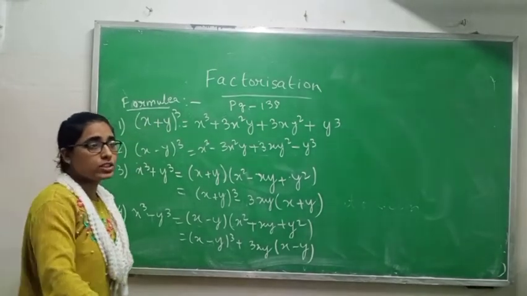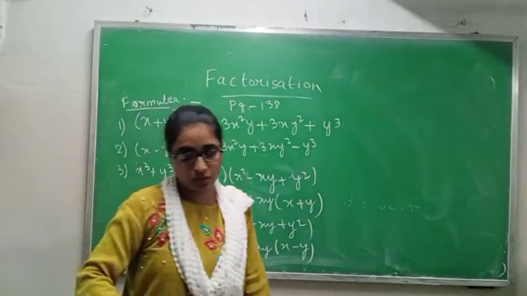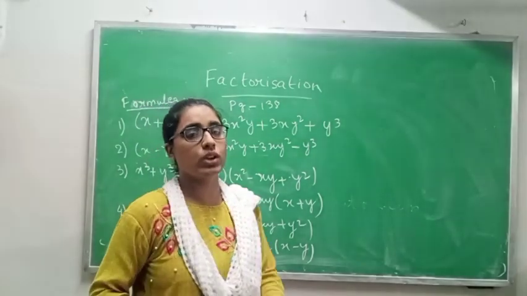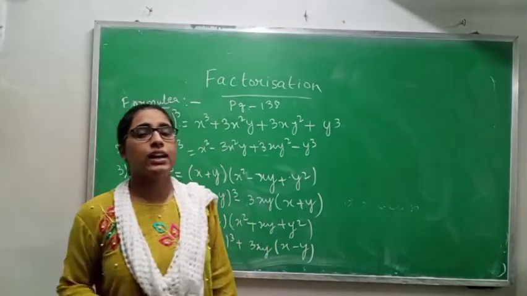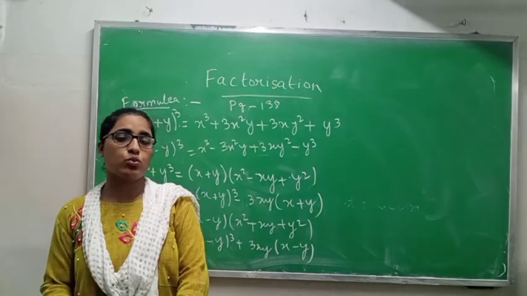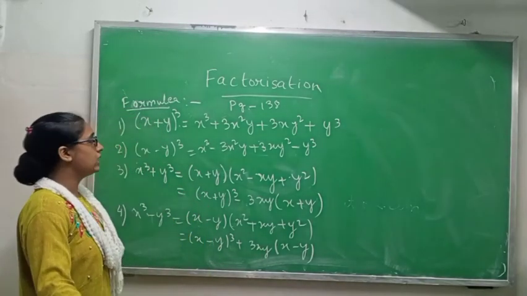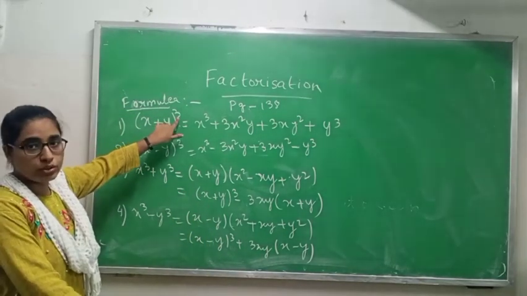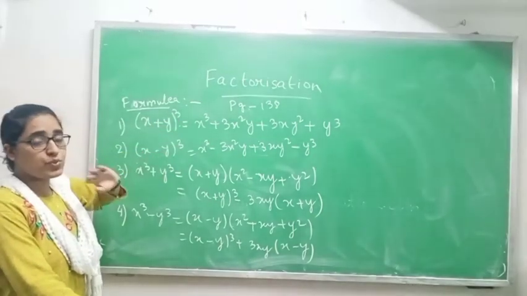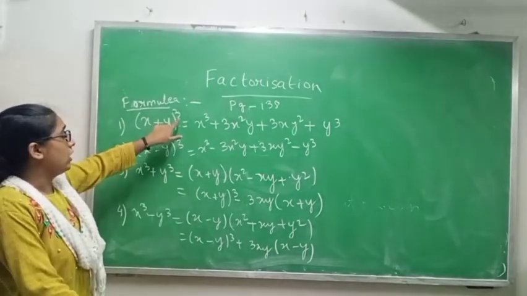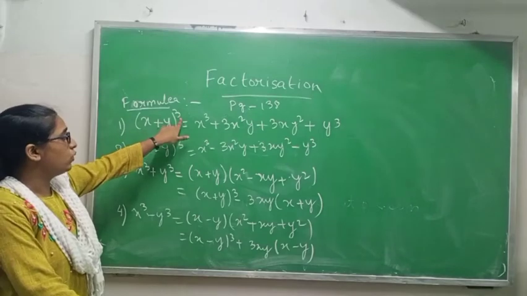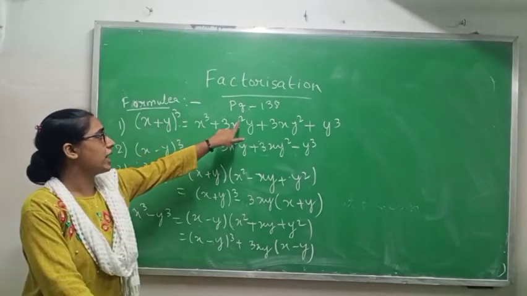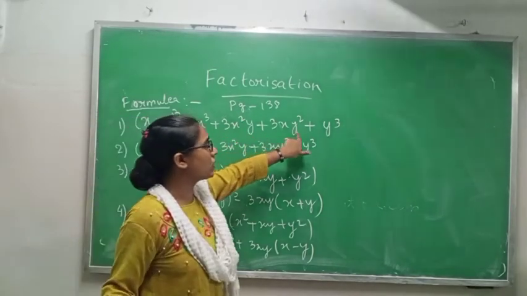As we have done (x plus y) whole square, you know (a plus b) whole square, at that time the formula was a square plus 2ab plus b square. Like this, it is also in terms of cube. So in this exercise we will deal with cubes. So the formula for (x plus y) whole cube is x cube plus 3x square y plus 3xy square plus y